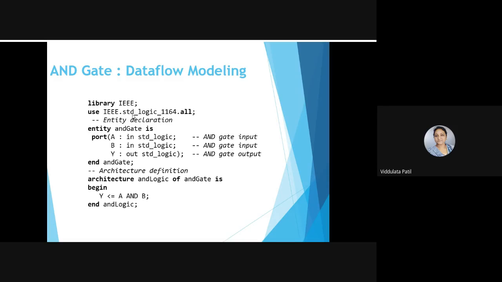एंटिटी डिक्लेरेशन मध्ये काय करायचं? मॅम इनपुट आणि आउटपुट पोर्ट डिक्लेअर करायचं. Yes. There we need to declare what are the inputs to the circuit and what are the outputs from that circuit. So that we need to define. So whatever the outside elements that are present, that means input ports and output ports, that we are declaring